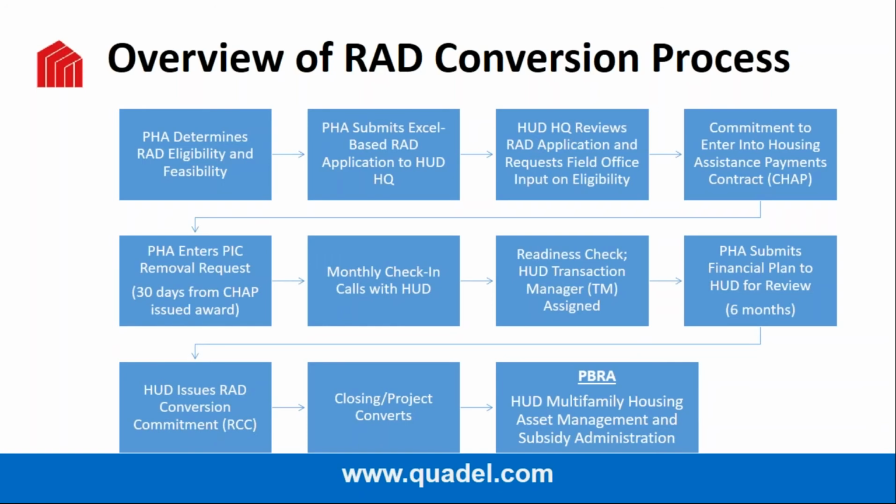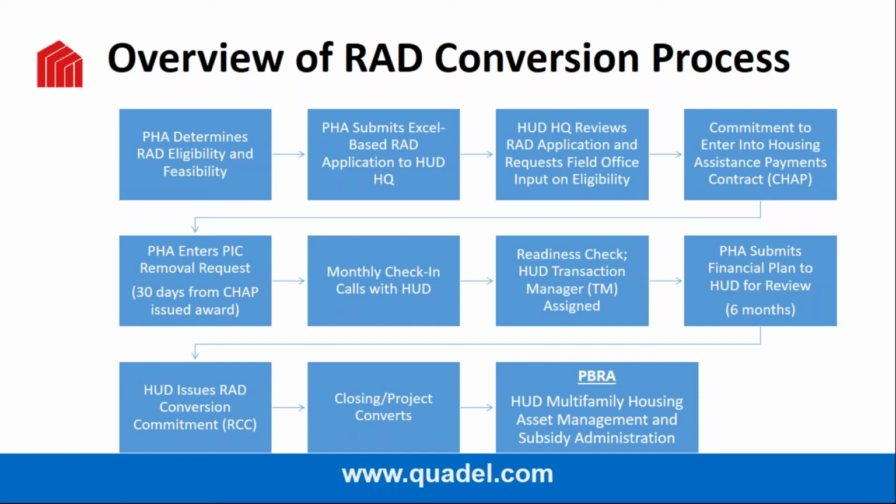This RAD application, once completed, and all associated required attachments must then be uploaded to the RAD website, where HUD headquarters staff will review the RAD application and all the required attachments and collaborate with HUD field office staff's input on eligibility determination. While the PHA must indicate in their RAD application whether they plan to convert assistance to PBV or PBRA for a given project,